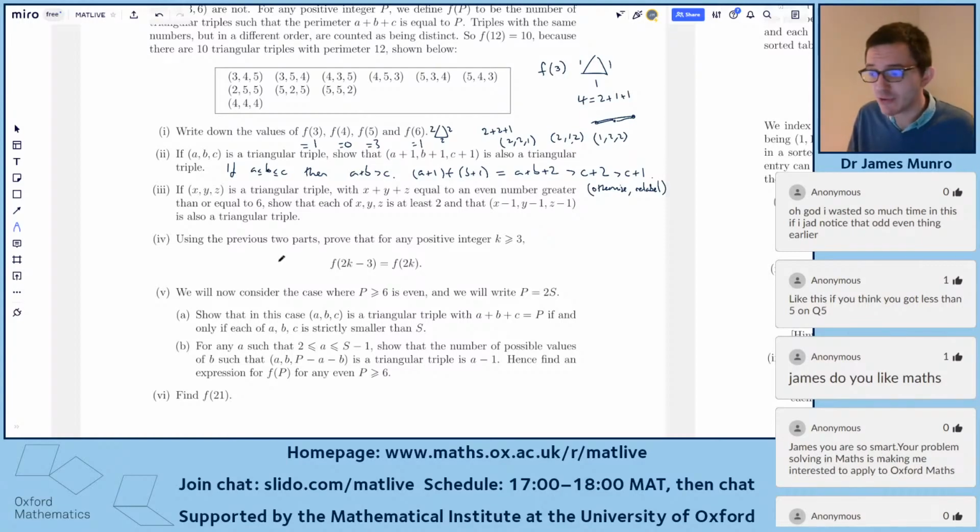Part 3 has got this weird odd even argument. It says, if x plus y plus z is an even number, we're going to show that you can go backwards. So this forward step said you can add 1 to each side. Now this says you can subtract 1 from each side. There's a little bit of argument to say that you can't have